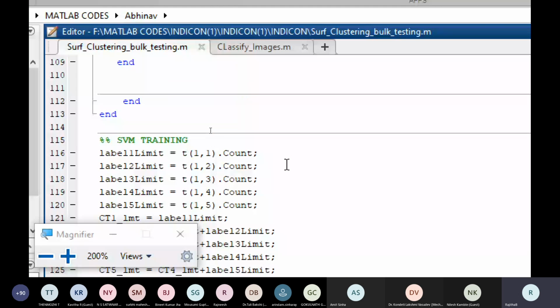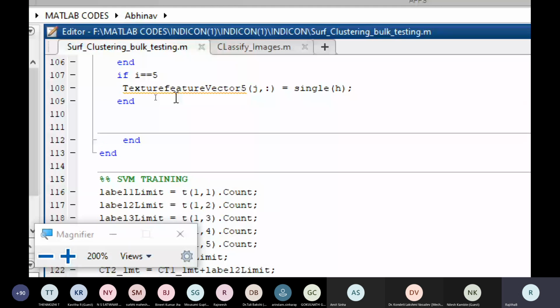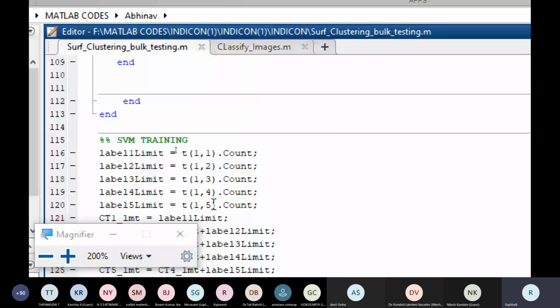Then what did I do? I have taken the labels. As I said, to apply SVM I need to have two things. One is a labeling array and another one is a feature array. The feature array we have already constructed. This is our label array. Now once we have both,